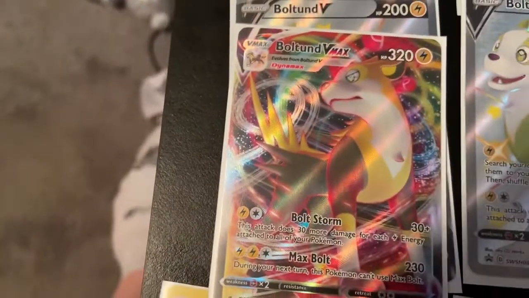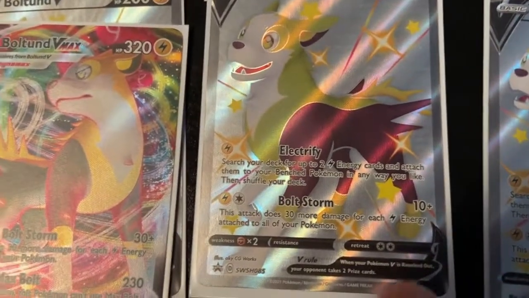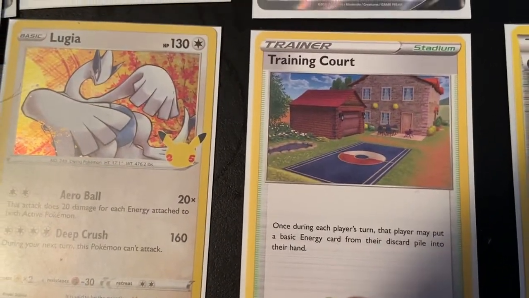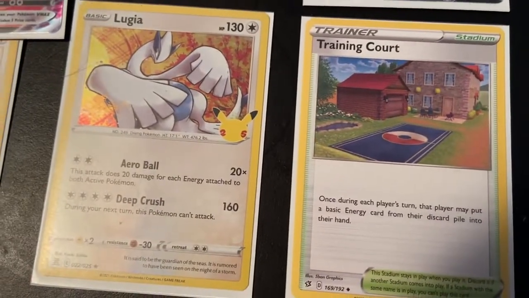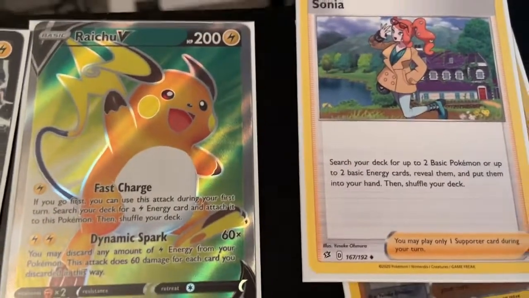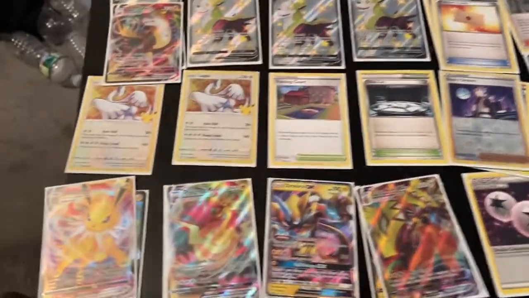Also, the Bolton VMAX is really good. It's the same move, plus 30, where Bolton is plus 10, and then you can just swing for 230 every other turn. Training Court, which I mentioned earlier, you may take a basic energy from your discard pile and put it into your hand. That's really cool. Sonya lets you look for either 2 Pokemon or 2 energy. And then you have like